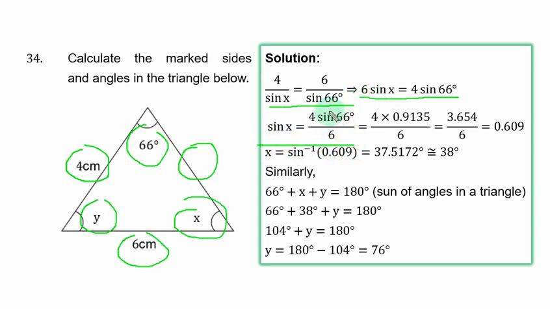You check sine 66 degrees. You have this result. Multiplied by 4. You have this. Divide by 6. You have 0.609. To get S, you take the inverse of sine of both sides. So inverse of sine S, you have S, and the inverse of sine of this figure, and it is